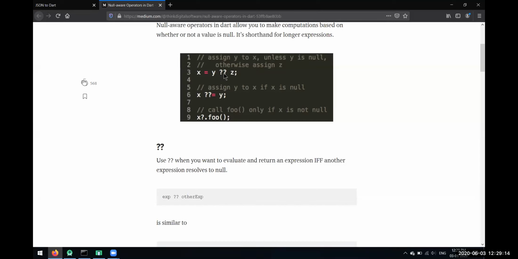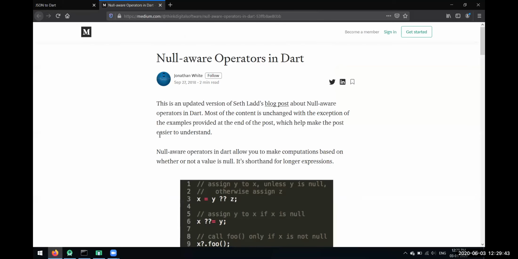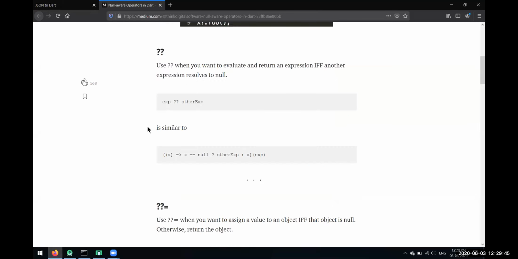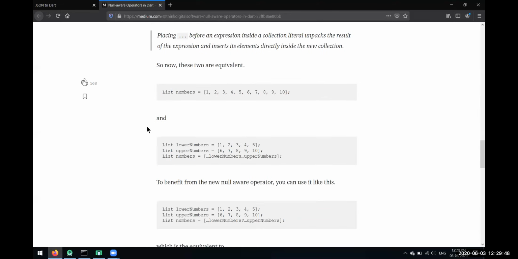This is the double question mark thing which we saw. We can use it in this way, or also in this way, to assign y to x only if it is null. And this is the way we are using it in our app for now: if the return of foo is not null, then only we'll use that, otherwise we'll not use that. So I suggest you go to Medium. Here they have this beautiful article about the null aware operator. You'll get to know everything about it.